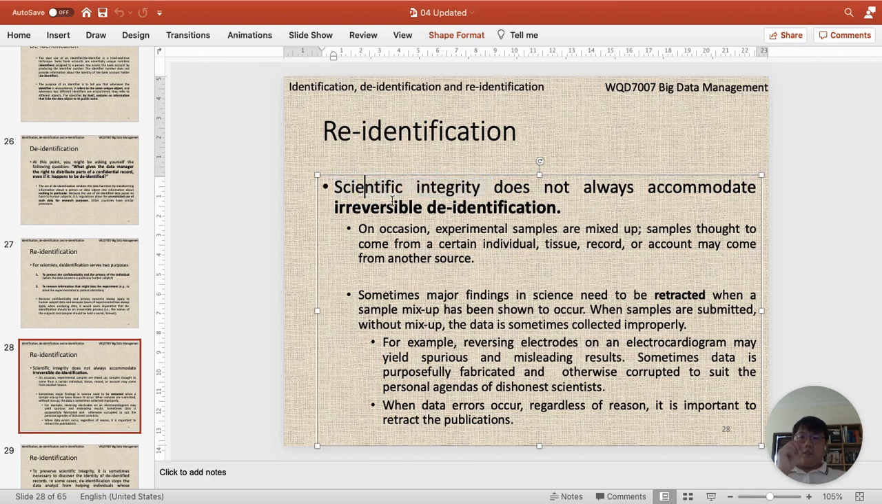Because there's a situation where your experimental samples are mixed up, and a sample thought to come from a certain individual's tissue may come from another source. Eventually, it tells you that when you are doing scientific research, you need to make sure your data veracity, the accuracy of the data, is as high as possible. So for you to make sure that your de-identified data has good integrity, or a good source of validation,